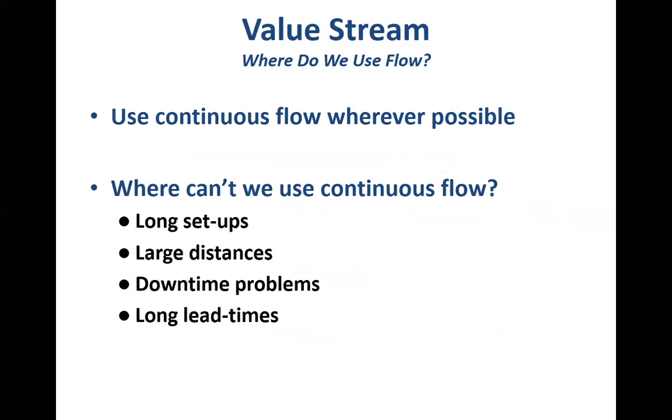Now, continuous flow is not necessarily possible everywhere, specifically when we have processes which have long setups, or if there are large distances between two processes. For example, if a supplier is located quite far from our organization, it's not possible to have a continuous flow between the two organizations. Or if there are downtime problems, or if there are long lead times involved in a certain process, then we cannot really use continuous flow, and we have to find alternative mechanisms that still can preserve the positive aspects, but find some way in which we can handle these specific issues